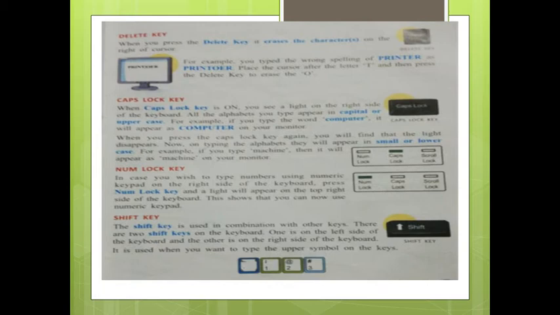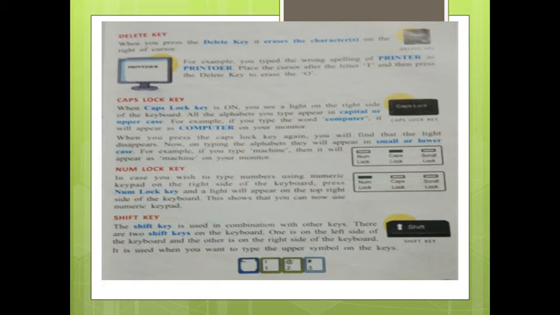When you press the delete key, it erases the characters on the right of the cursor. For example, you type the wrong spelling of printer as printer. So place the cursor after the letter T and then press the delete key to erase the O.